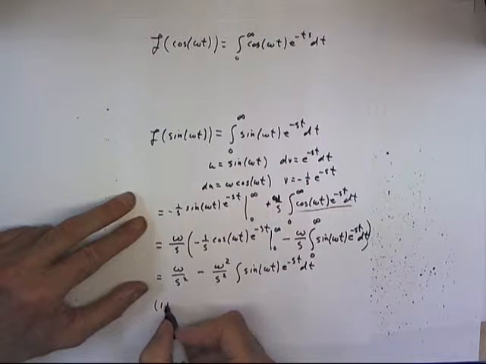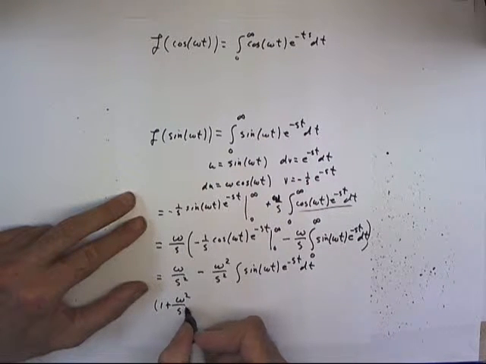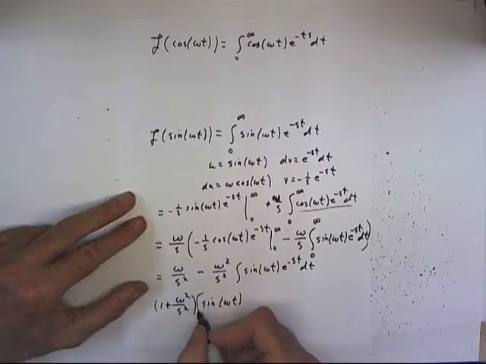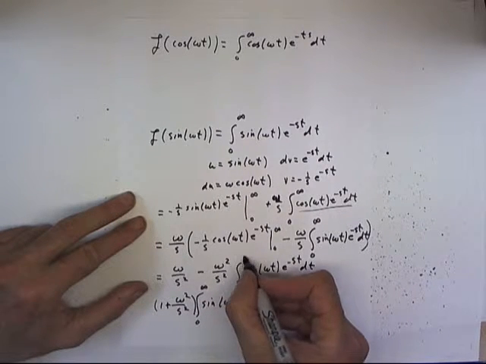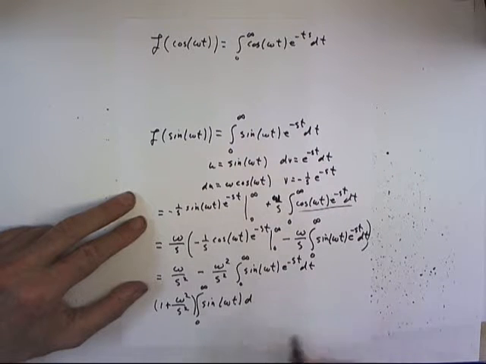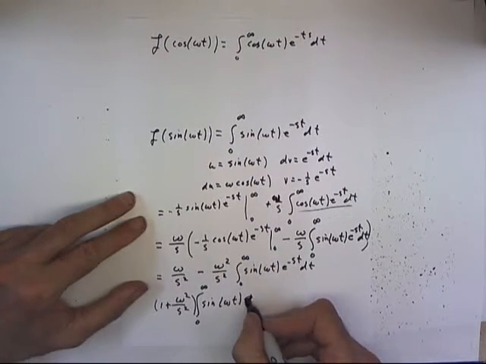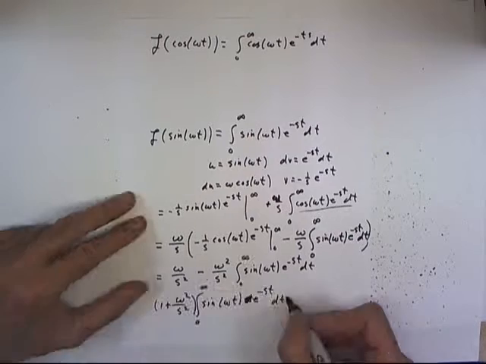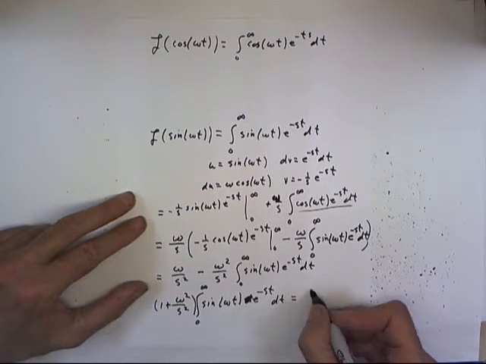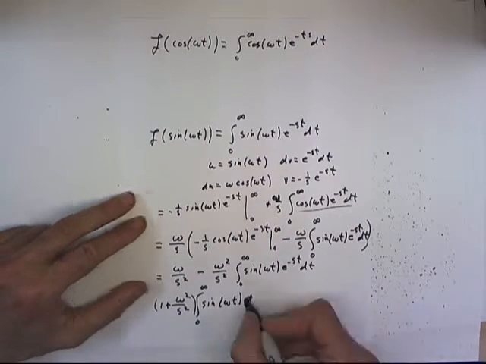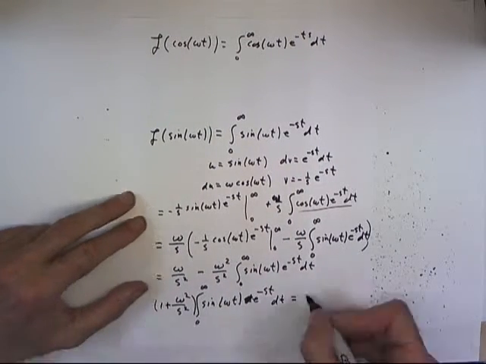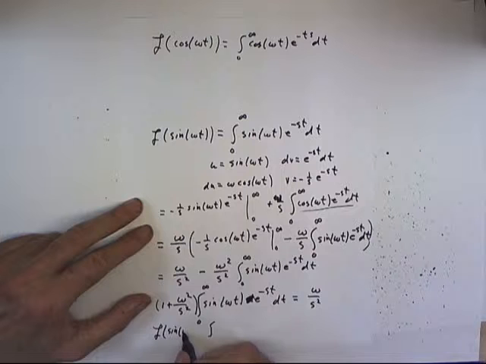I get 1 plus omega squared over s squared times the integral from 0 to infinity of the sine of omega t e to the negative st equals omega over s squared, so that this integral, which is the Laplace transform of the sine of omega t, is equal